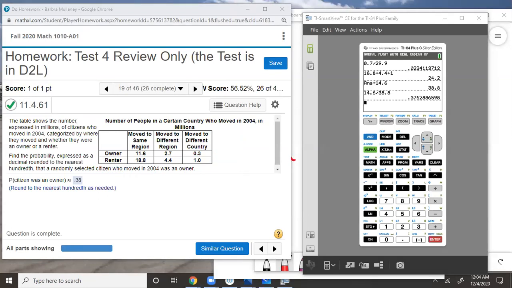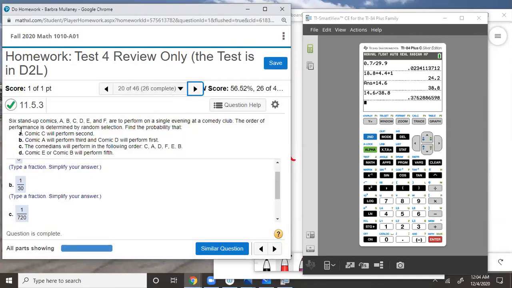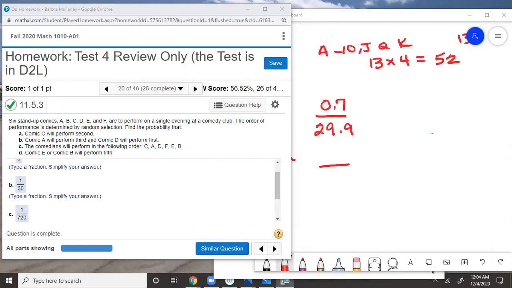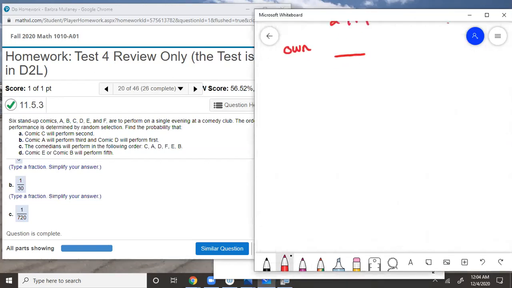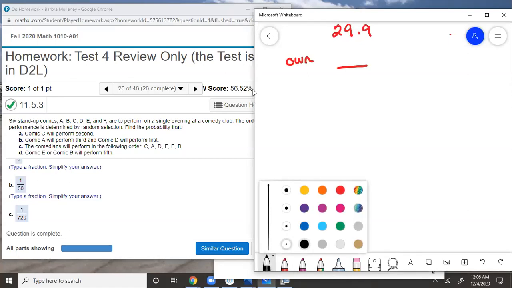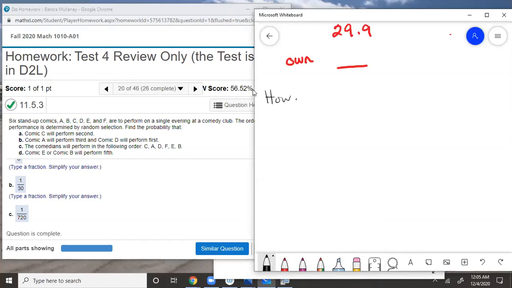All right, the next problem is 20. 6 stand-up comics, A, B, C, D, E, and F, are to perform in a single evening at a comedy club. The order of the performance is determined by random selection. Find the probability that comic C will perform second. So how many ways can all 6 comics